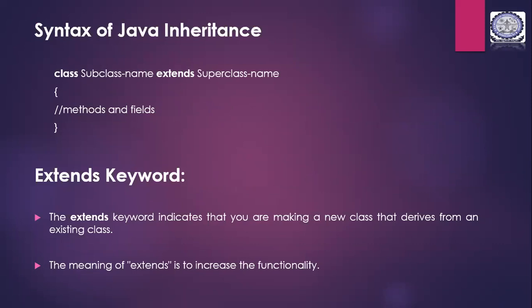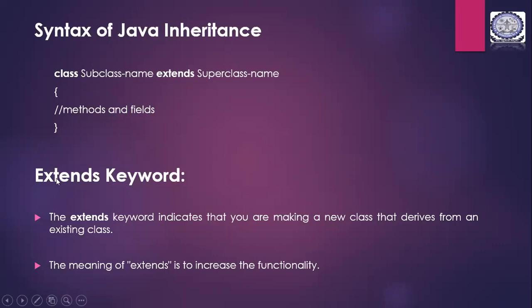Okay. So the syntax for depicting inheritance in a program is you have the class, you give the class name, which inherits or acquires the properties of another class. So here you give the class, this is the keyword that is there, and then you have the name of a class, that is the subclass which uses the properties of another class. So the class that uses the properties of the other class is first given, and you have a keyword called extends here, and you give the class from which the properties are acquired, and the method is defined. So it can have its own set of methods and fields declared here, apart from those that it's going to use from the superclass. Okay?